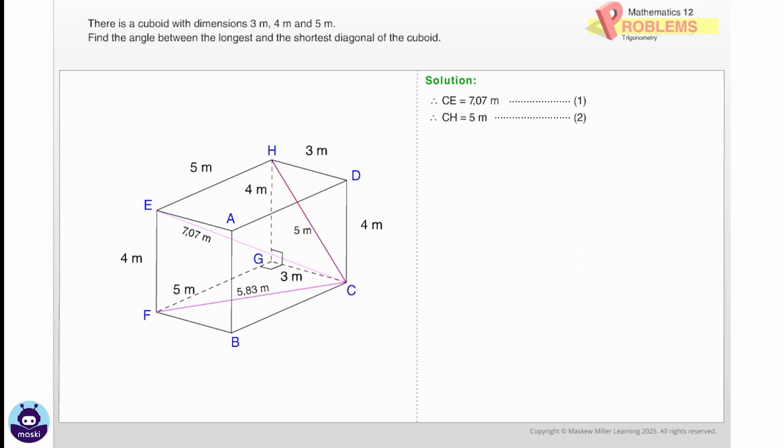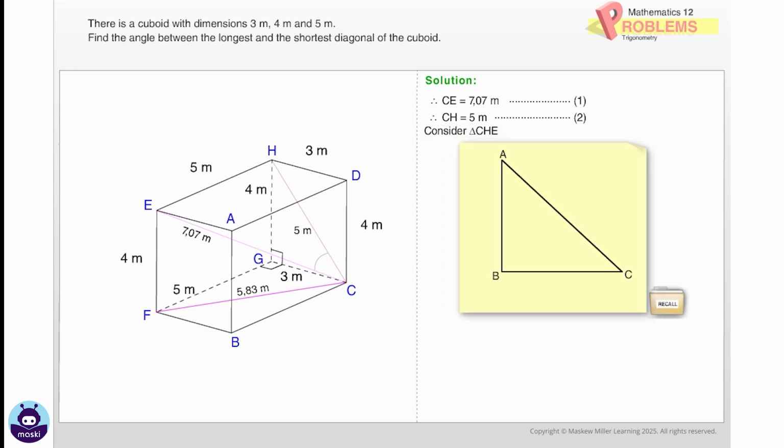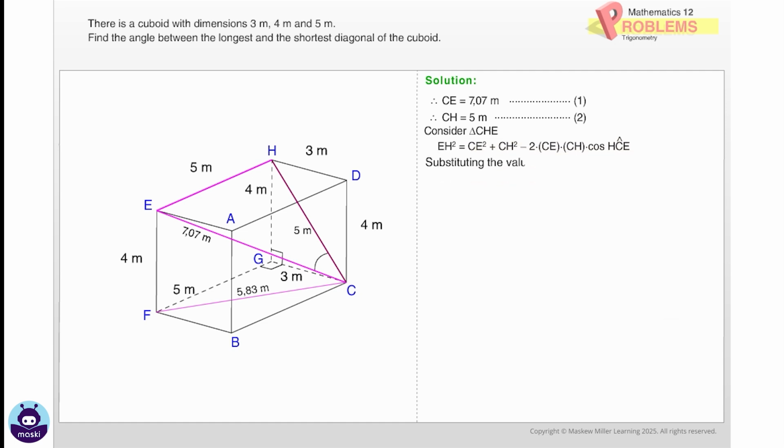Now, we can calculate the angle between the longest and shortest diagonals. Consider triangle CHE. In this triangle, we can apply the cosine rule to find the required angle HCE. Recall the cosine rule. Here, we can apply it as EH square equals CE square plus CH square minus 2 times CE times CH times cos HCE. Substituting the values for the sides, we get